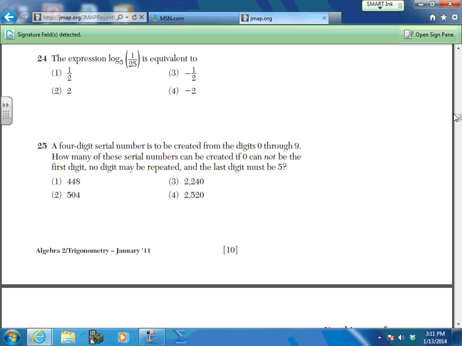Number 24 is a log expression. Now remember, the log of the base is the log of the exponent. Now if you have a calculator that does change of base, you can certainly put this in. You can even do a change of base yourself and do it this way. The log of 1 over 25 over the log of 5. Or you can even say log of 5